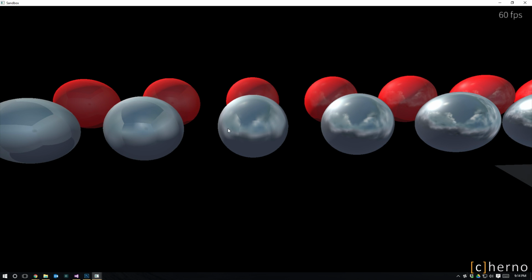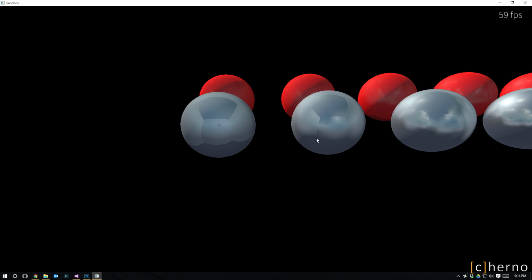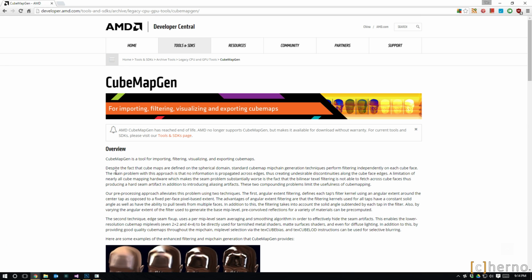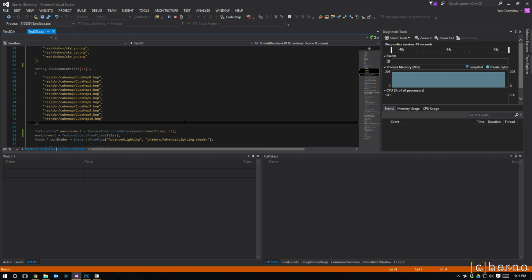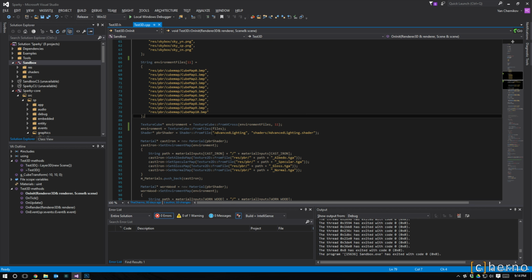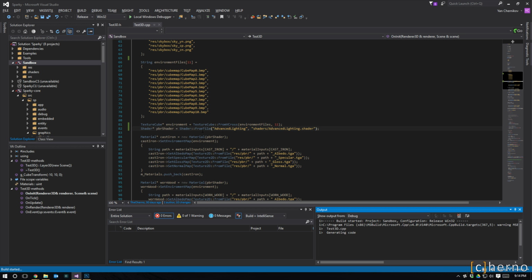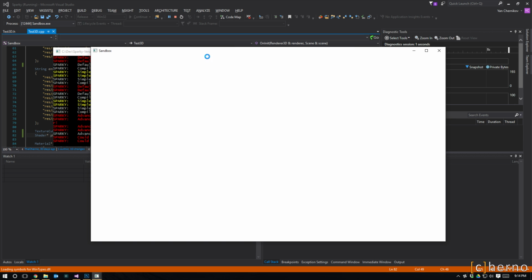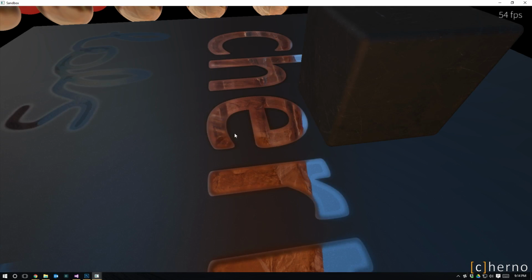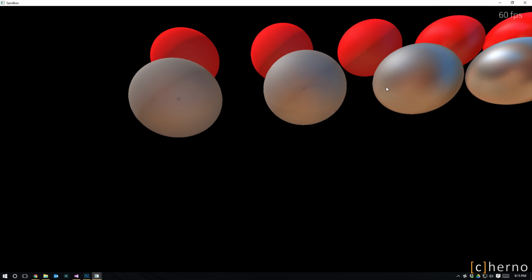So what you need is you need to properly filter your mip maps, okay? You can use something like the AMD tool, right? The Cube Map Gen, that'll do it for you, okay? You can load in that vertical cross that you get, but possibly CMFT will do it for you as well. I will experiment with that more throughout the week. But the idea is, you can see how disgusting that looks versus something like